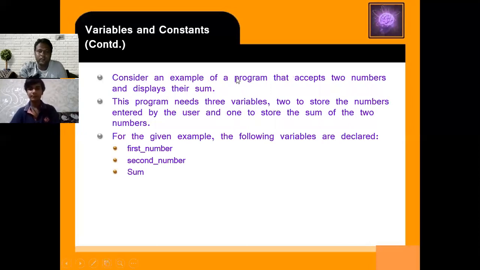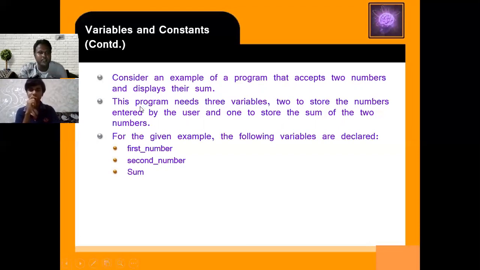Consider an example of a program that accepts two numbers and displays their sum. The program needs three variables: two to store the numbers entered by the user, and one to store the sum of the two numbers. For storing the two values, we require two memory locations.